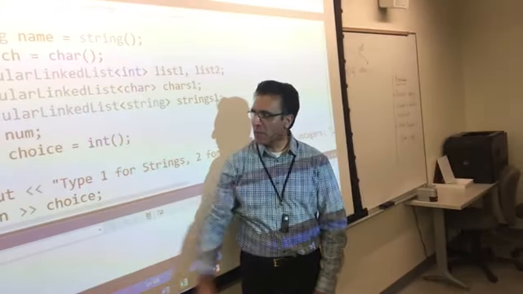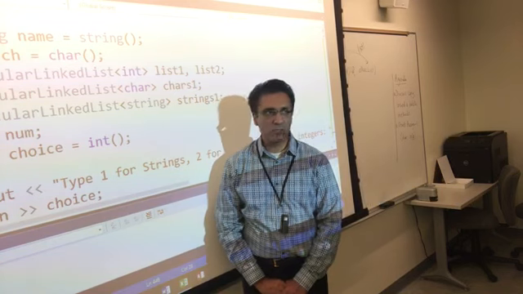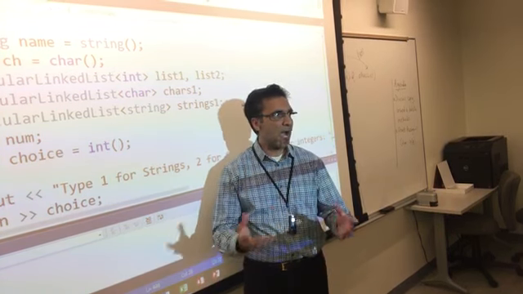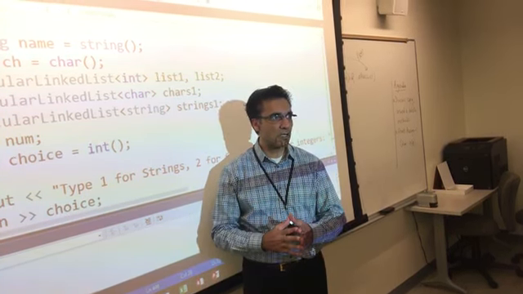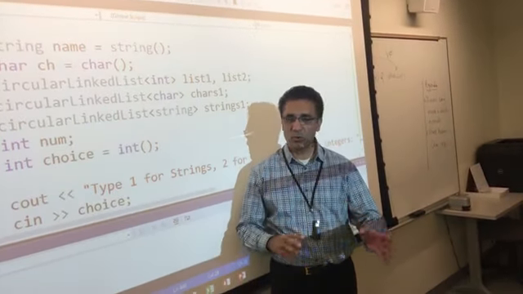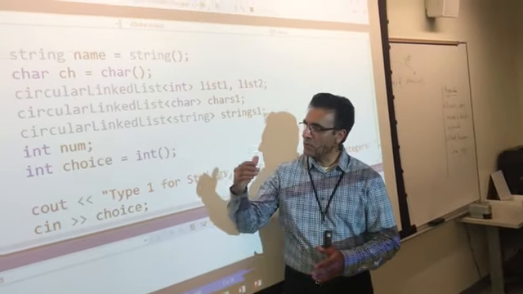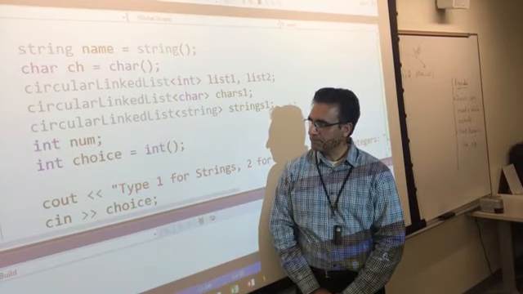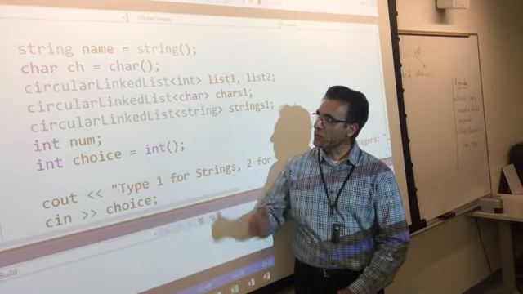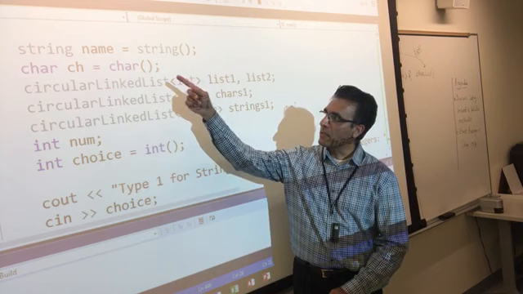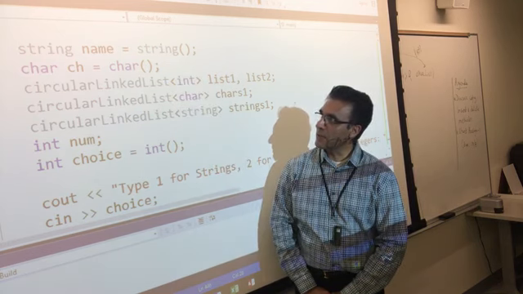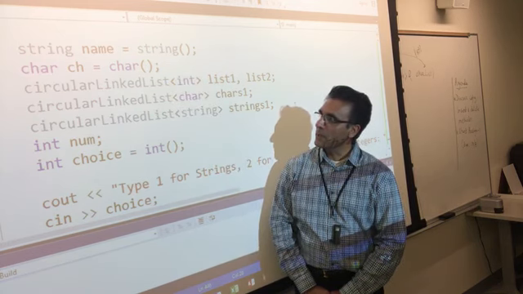And I have a local variable, choice or selection, just to ask the user what choice they are planning to make. Choice 1, choice 2, choice 3, choice 4, based on the menu option. Okay, so include a string library, declare a name string variable, and